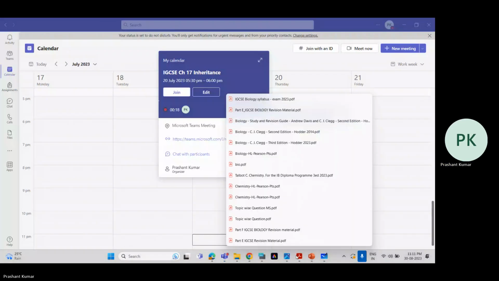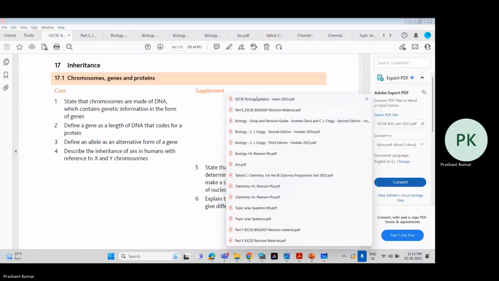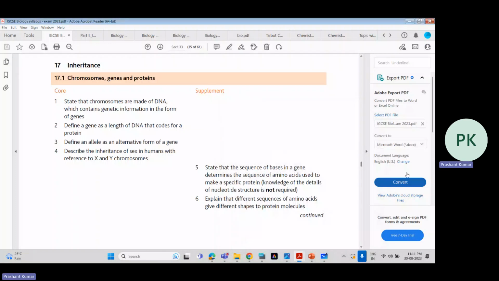Good morning, everyone. So in today's session, we'll discuss chapter 17, that is inheritance. This topic is important in terms of your board examination also. Cambridge generally asks